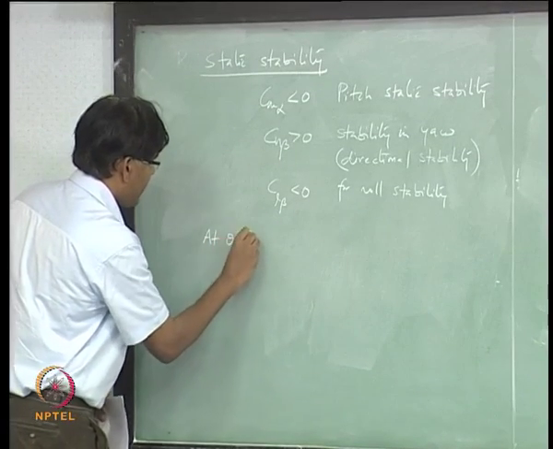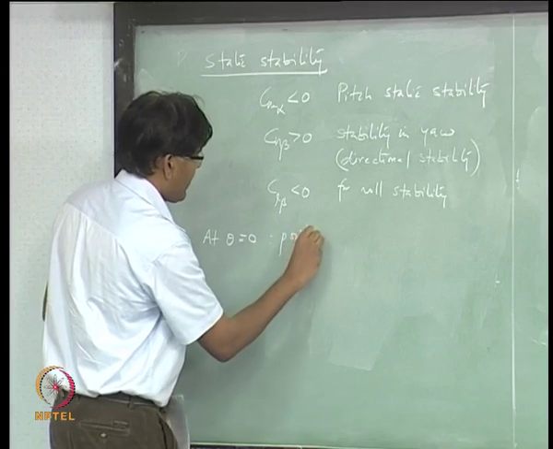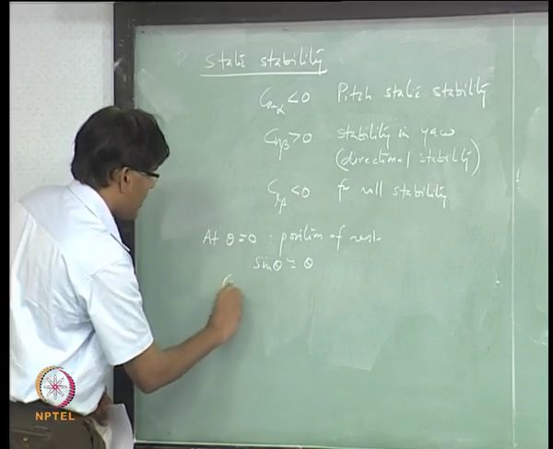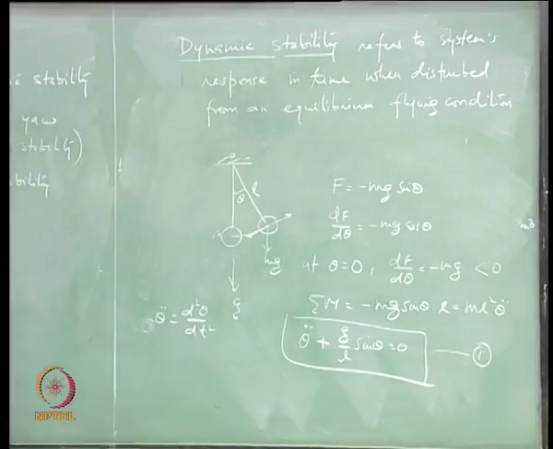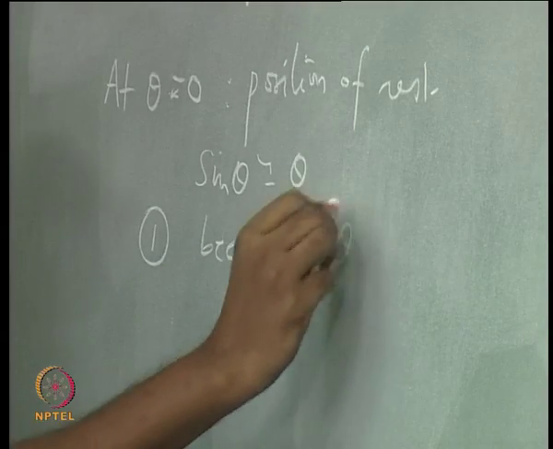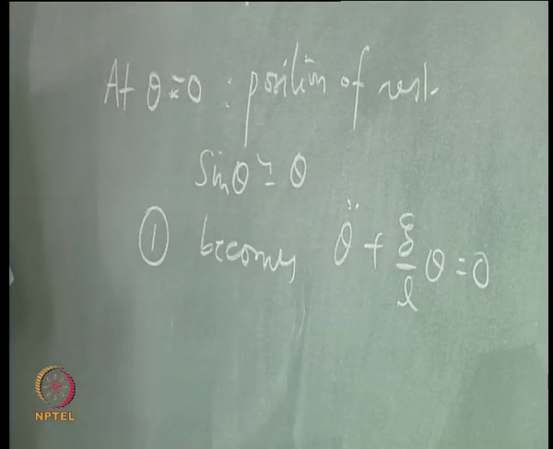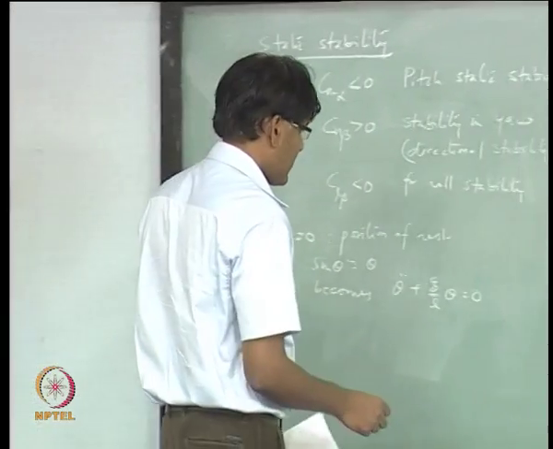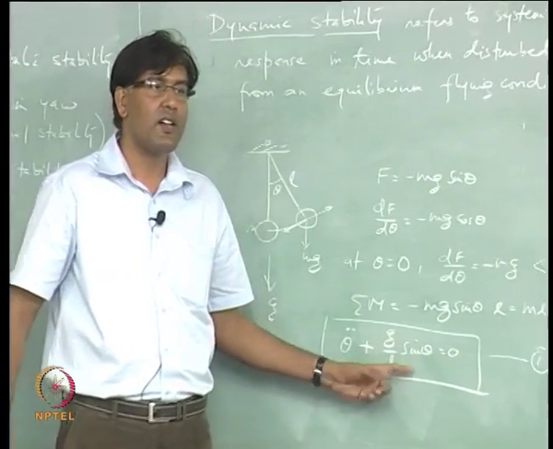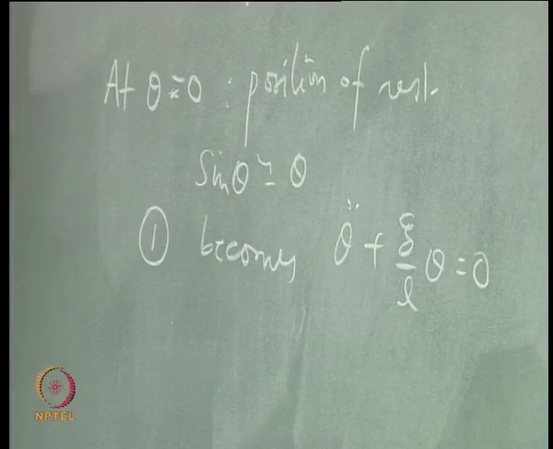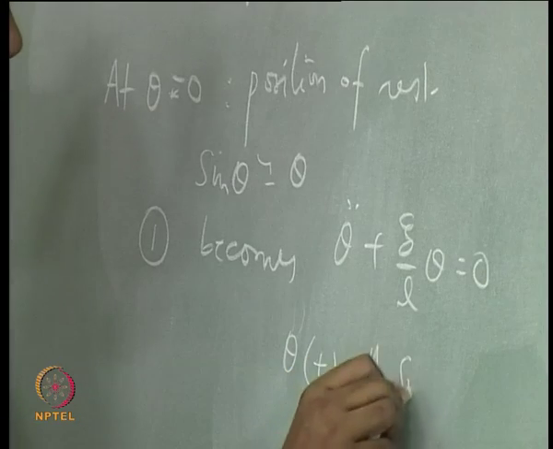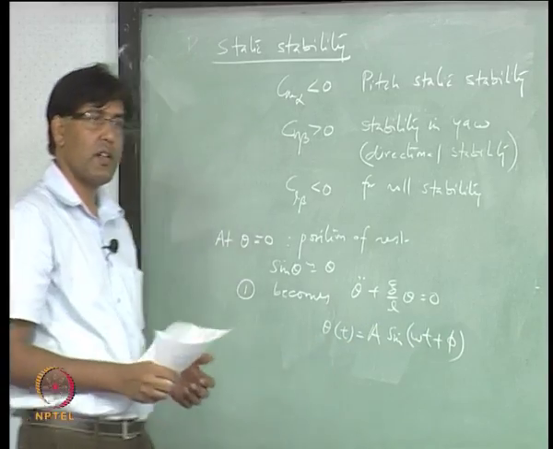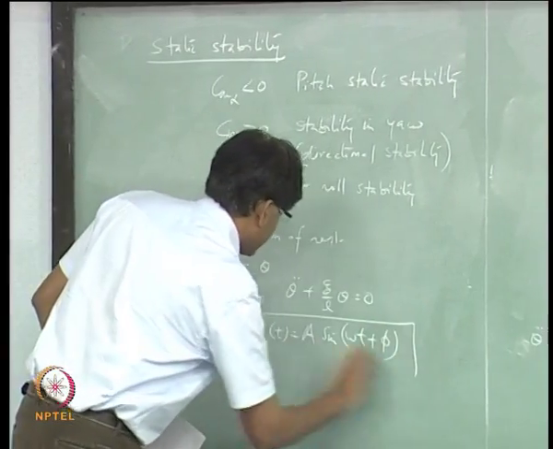So, what is the solution for this? This was slightly difficult, right, but this solution of this, what is the solution? Right, A is the amplitude, omega is the frequency. So this is the solution of this,